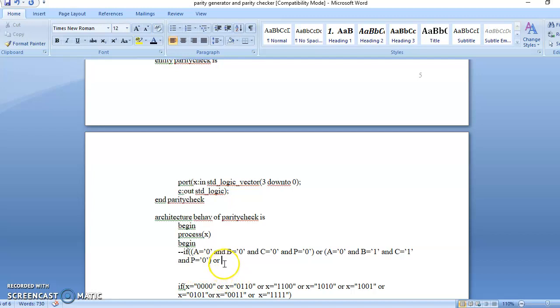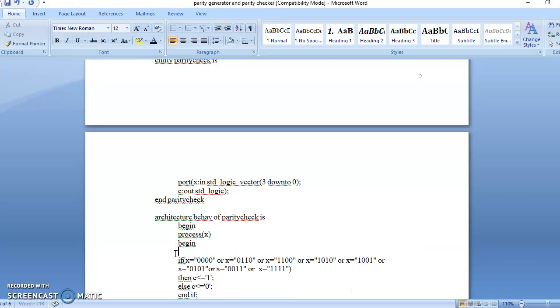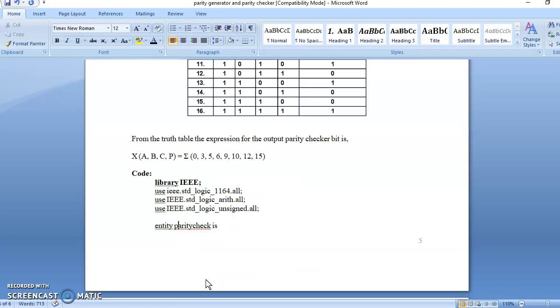And that is how you can verify if you are writing your program with the inputs as independent inputs. But now I have no problem because I have taken it as an array. So I'm verifying the condition in one stage. So if x is equal to 0, 6, 12, 10, 9, 5, 3, 15, and if you check all these 8 combinations, the number of ones is even. So if I receive such data, then output is equal to 1, else output is equal to 0.